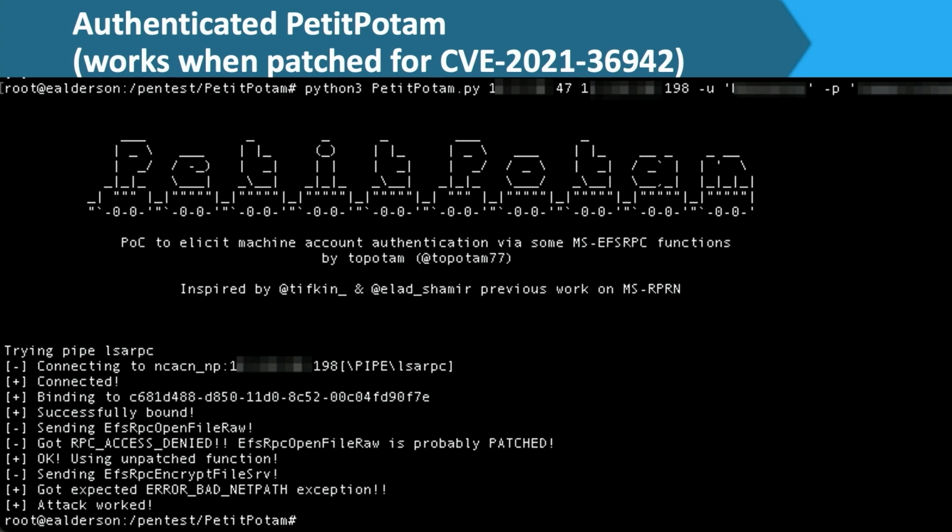PetitPotam is a vulnerability that was released in 2021, where it's a coercion technique where a non-authenticated user could make a domain controller initiate this NTLMv2 handshake with an attacker in order to relay that onto another resource. Whereas that's patched, even if you're patched for PetitPotam, there's a second version, an authenticated PetitPotam, where if I can log in with a domain account,